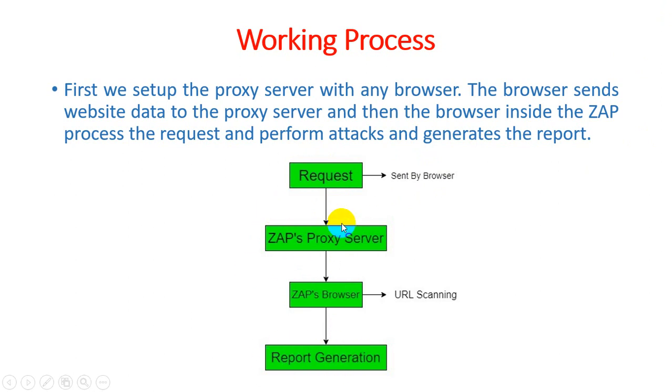So the ZAP proxy server takes a particular request. Based on the request they perform a ZAP browser. It is not just URL scanning; it can check whether SQL injection can be performed or not. It can perform crawling. It works on cross-site scripting and all the things which we discussed previously. Why are we using ZAP? So this is the concept of where ZAP actually works.